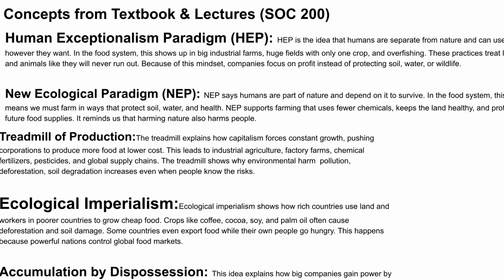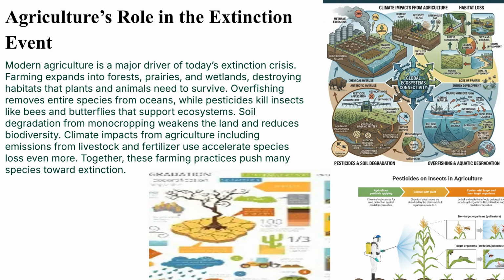We talk about some additional causes and systemic contributions. Global trade, transportation emissions, packaging waste, and restaurant and retail food waste all add pressure to the food system. Because of this, natural processes like soil formation, water cycles, pollination, and ocean nutrient cycles are disrupted by chemical-intensive farming, GMOs, and antibiotic overuse. For slides 10 and 11, we will go through some concepts from the textbook and lectures, which is important for this presentation.